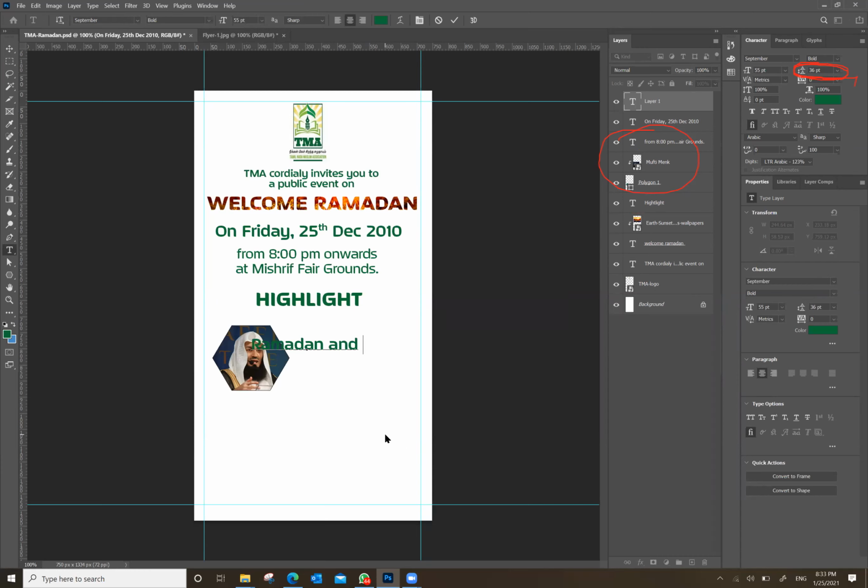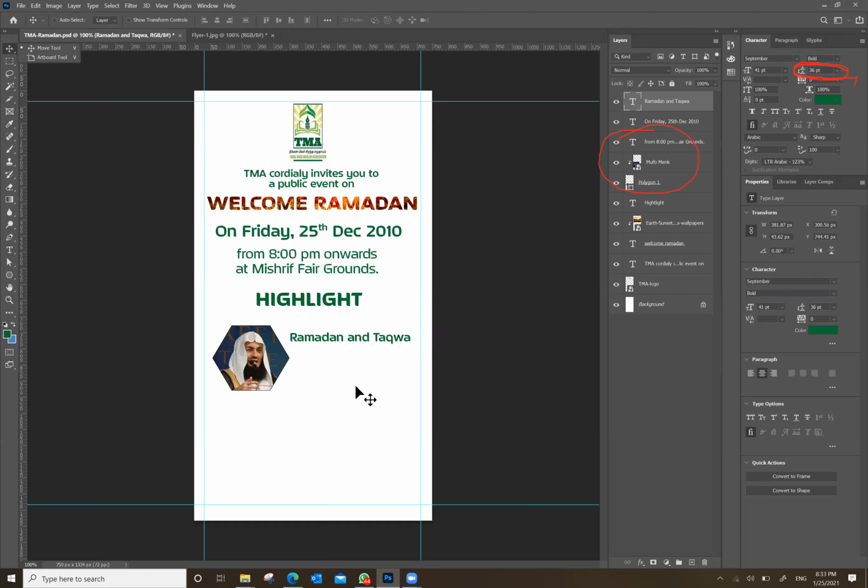Ramadan and Taqwa. So this will be his topic. Let me bring it here. Since it is very long text, let me make it smaller. I will put it here.